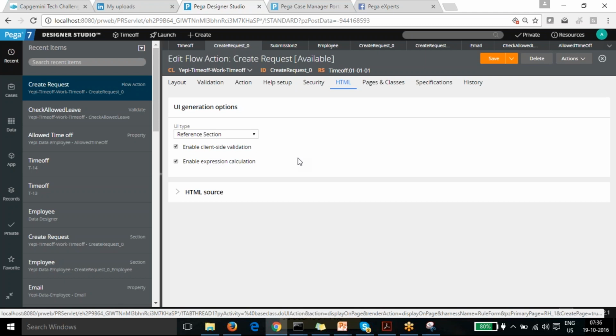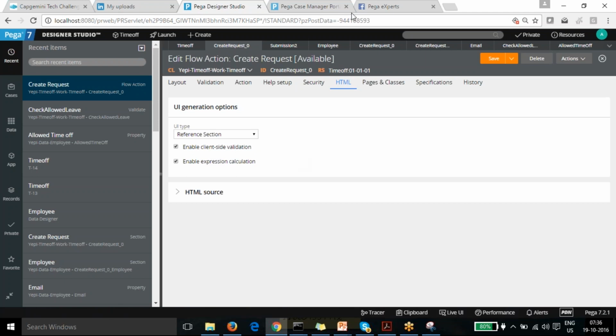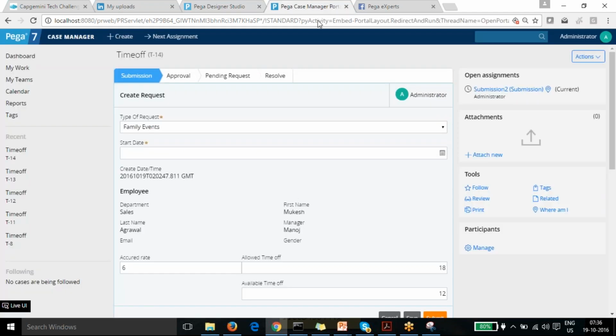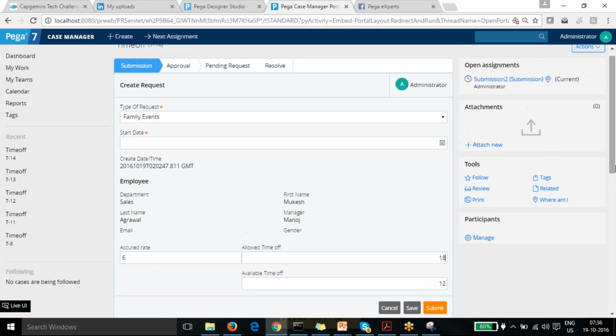What it does is send the related JavaScript to the user's browser. We can enable flow action rules on the client side as well. It is good practice to maintain validation on both the client side and the server side. Why? In many browsers JavaScript is disabled. If JavaScript is disabled, the validation will not be done on the client side, and that needs to be done on the server side at that time.